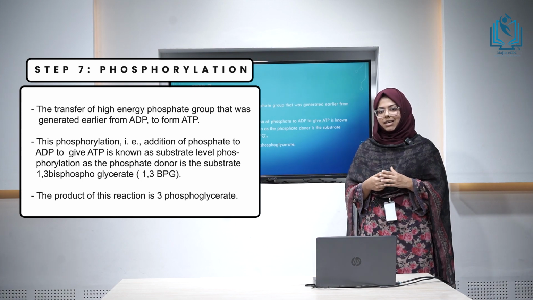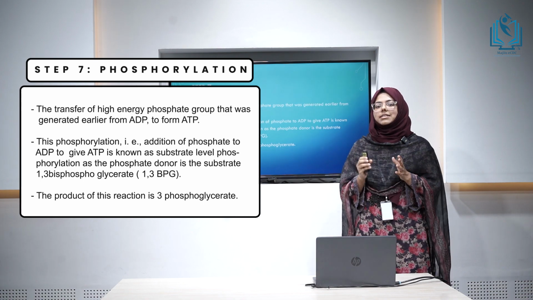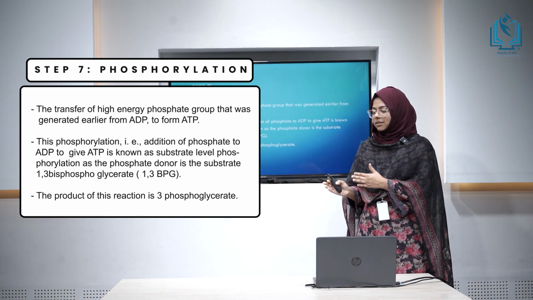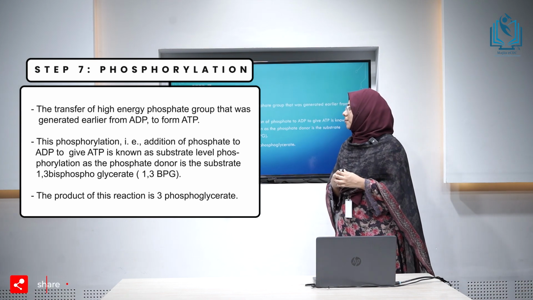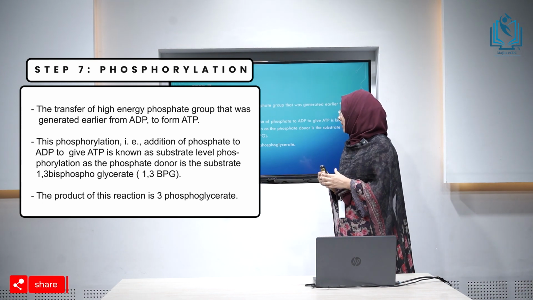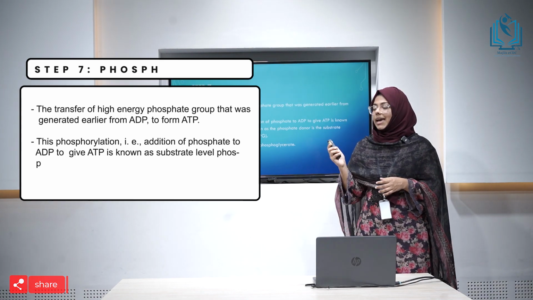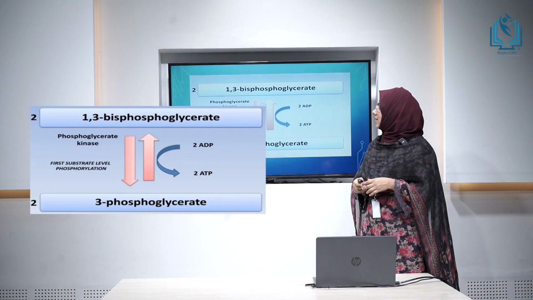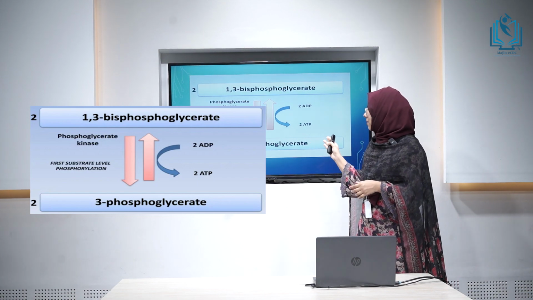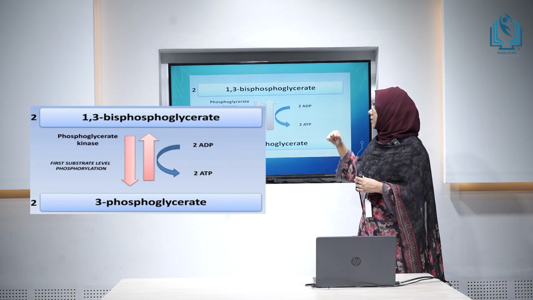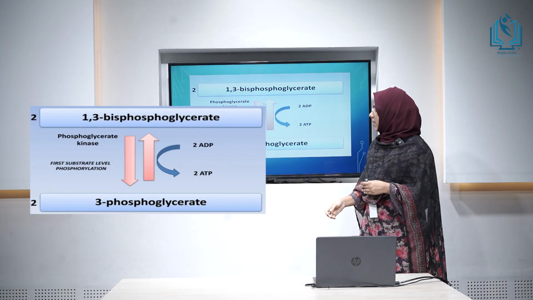This phosphorylation, that is addition of a phosphate group to ADP to give ATP, is known as substrate level phosphorylation, as the phosphate donor in this is the substrate 1,3-bisphosphoglycerate, 1,3-BPG, and the product in the reaction is 3-phosphoglycerate. It can be summarized as 1,3-bisphosphoglycerate getting converted to 3-phosphoglycerate by the transfer of a phosphate group to ADP to form ATP,